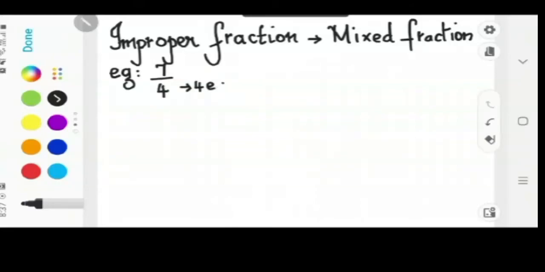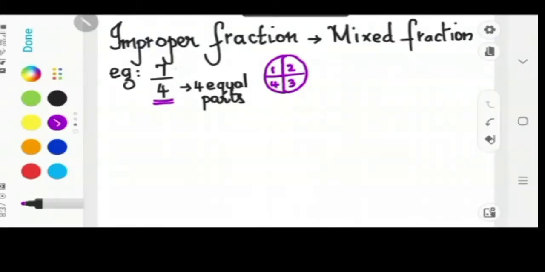So 4 is actually the number of equal parts we'll be making. The denominator is always used for dividing that particular whole object into that many parts. So 4 equal parts. And how many parts do we need? We need 7 parts. So the numerator is 7. So let's divide the object into 4 equal parts. So I can see there is 1 part, 2, 3 and 4. So I have got 4 parts.